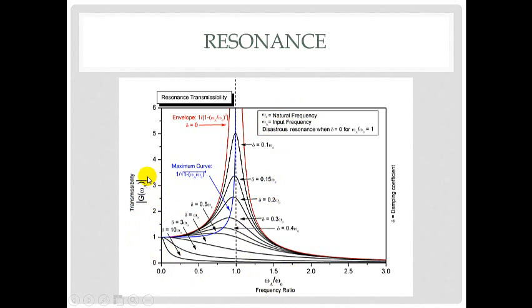Transmissibility here is the response of the particular body you're studying, and response meaning the vibration experienced by the body. And delta here is the damping ratio. So what you're looking at is the vibration response for a particular system when you increase the ratio of the natural frequency and the input frequency from zero all the way to 3 in this case, what you're trying to capture is the response of this